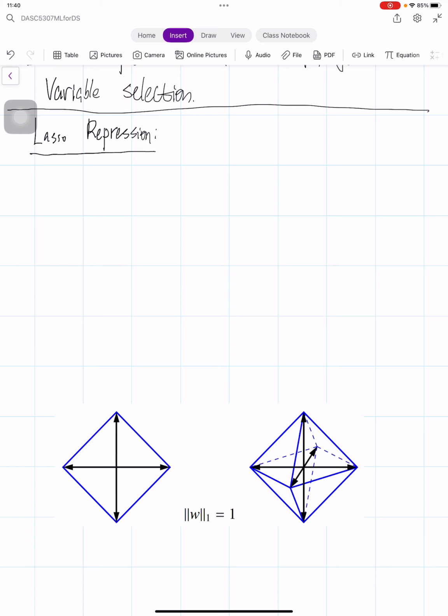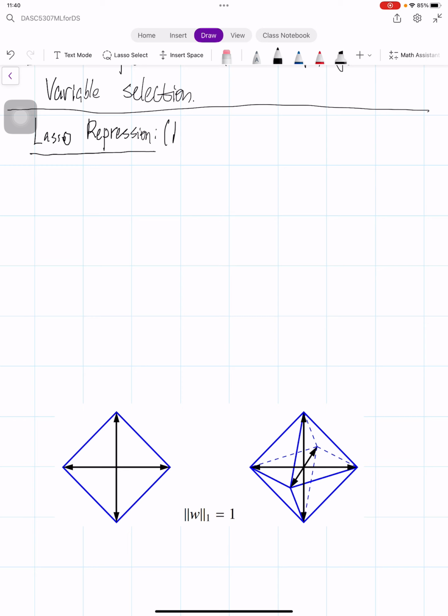Okay, in this short video, I'll introduce another regularization model, which is very popular and useful for variable selection. So, the basic setup. Actually, this lasso regression was